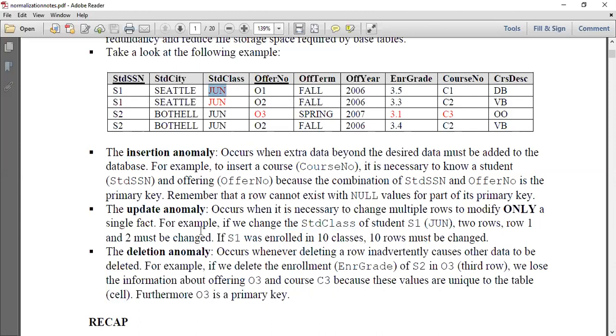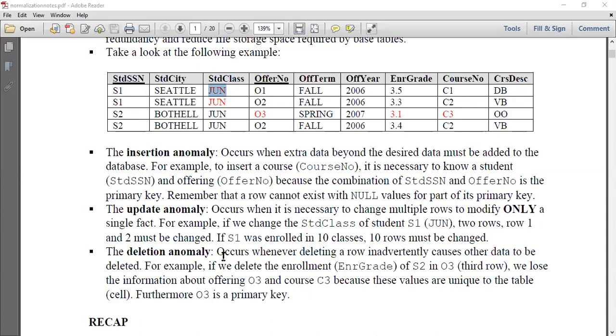The single fact is student S1. If we change the student class of S1, row 1 and row 2 must be changed. If S1 is added 10 times, then ultimately 10 rows need to be changed. If S1 June is added 100 times and I want to change June to July, then you need to change 100 rows from June to July. So this is the problem in update anomalies.